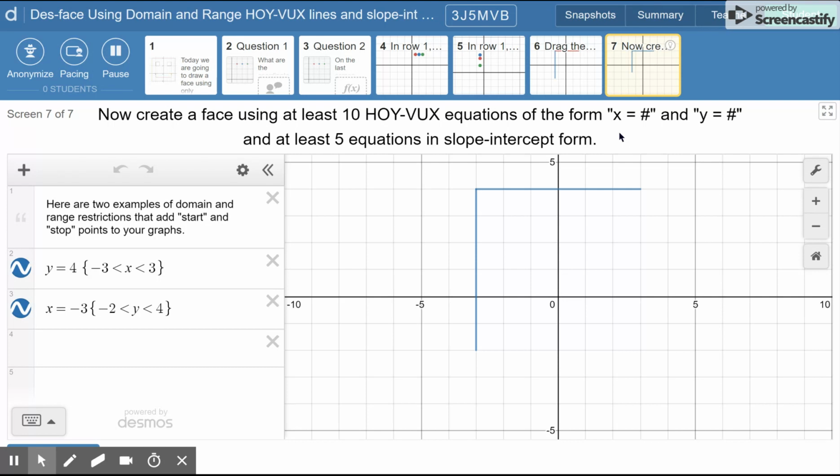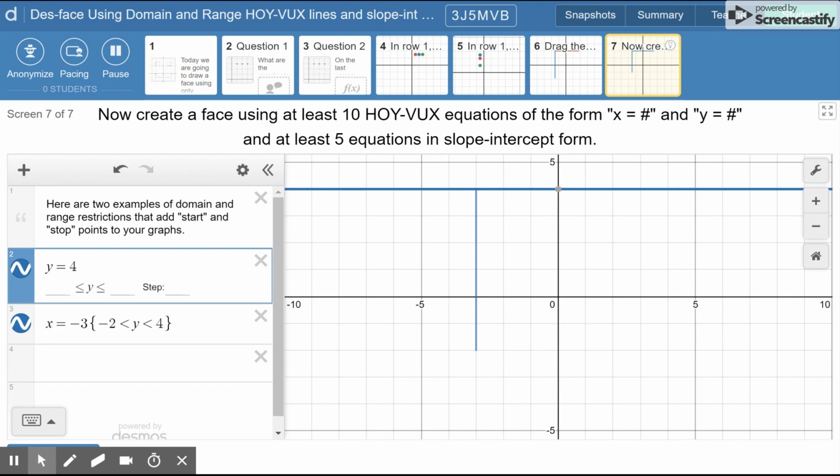So you'll notice here that we've got y equals 4. And if I just take that out, y equals 4 goes forever and ever and ever. So if I want to tell it to start here at -3 and end at +3,